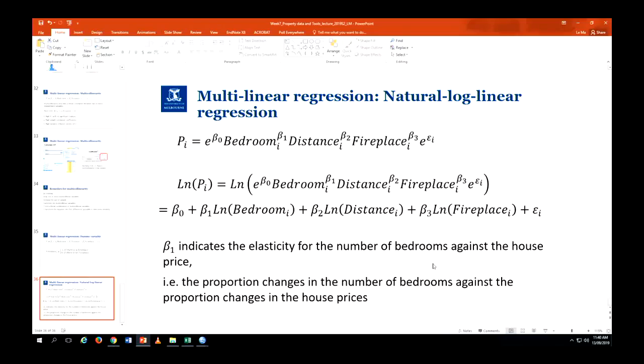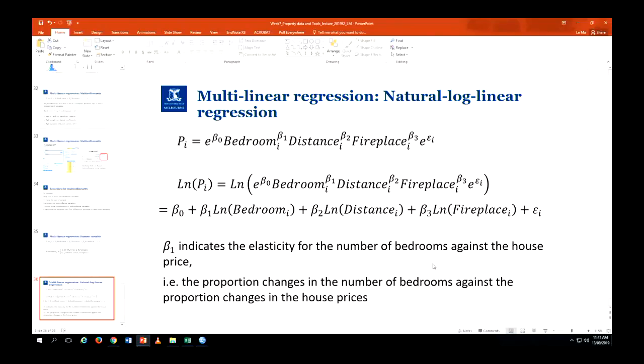However, maybe in reality, it is not the case. For example, probably the house price should be expressed or specified in this format,